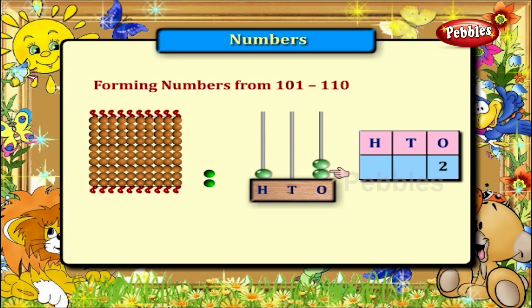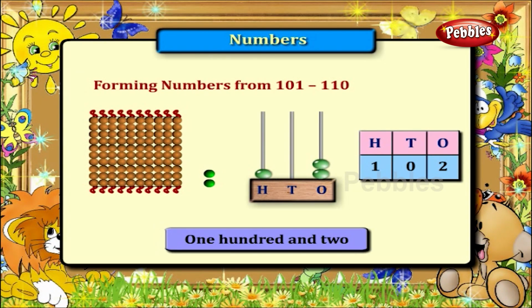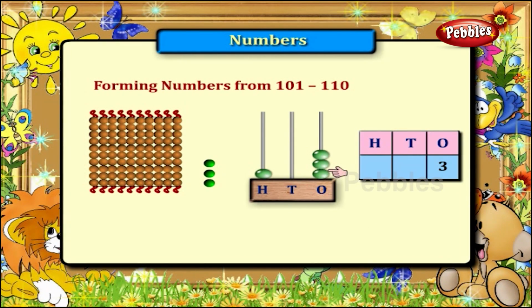We have two beads in the ones place, no beads in the tens place, and one bead in the hundreds place. This is number 102. We have three beads in the ones place, no beads in the tens place, and one bead in the hundreds place. This is number